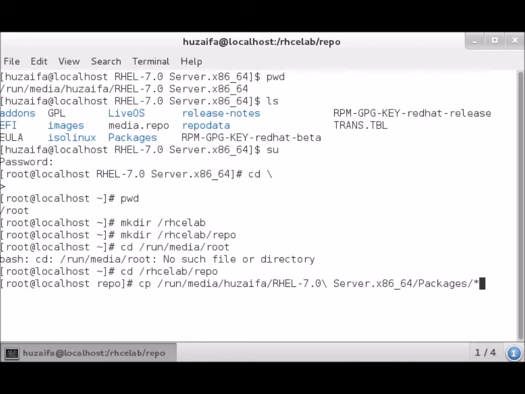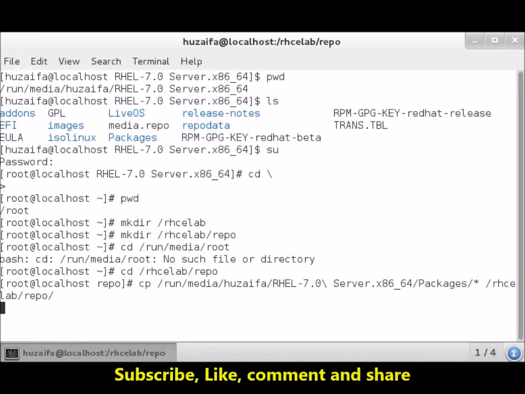Static means each and everything that is contained in the packages folder will be copied too. Now I will give the destination path. This path is the directory we just created, that is repo /.